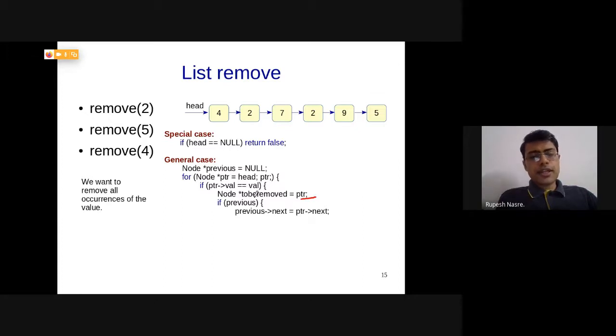Again, in this case, it's not really required to define this variable, but from our, let's say, human intuition perspective, if I have a variable of this name, it becomes very easy for me to remember that this is the node to be removed, right? And then I need to check if J is null or not, that is, previous value is null or not. If previous is non-null, then only I need to set the previous to next. Otherwise, what? If previous is null, what does that mean?